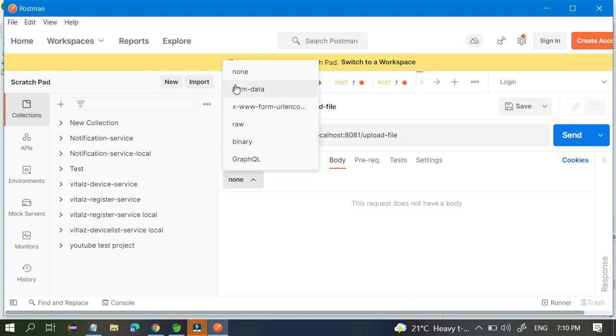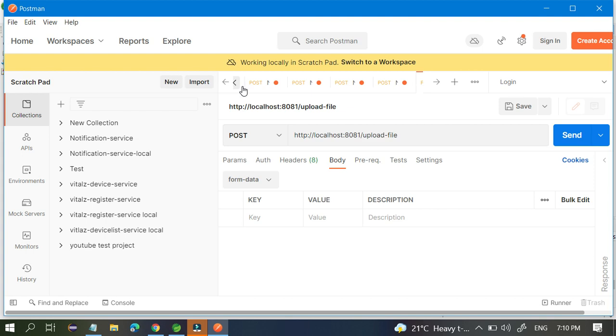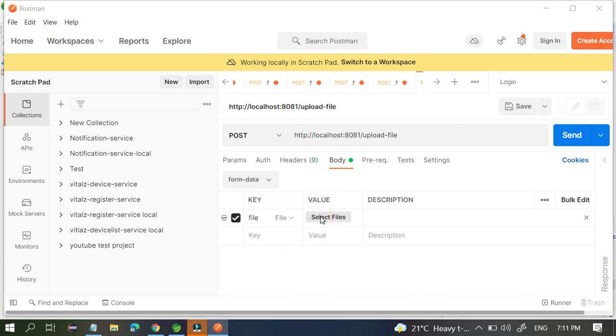Go to the key, select file if you want to send a file, and you can give the name of this file, like file. And here you can give the data. It means the image. So register.png, open this and just send this.